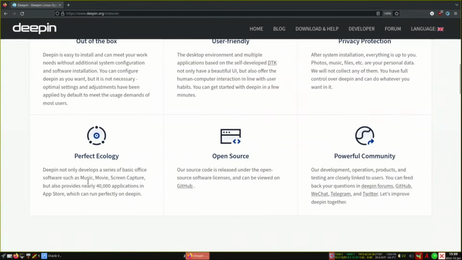They have the music, application and movie apps and their screen capture, and of course since it is from Debian, it has also thousands of applications you can install from the App Store, not to mention some applications that they have which are non-free, which you can install, and we will install them later.